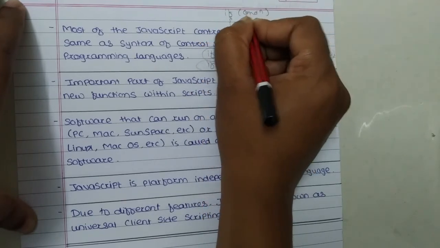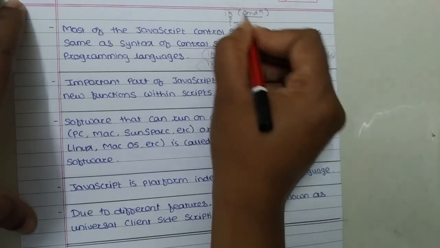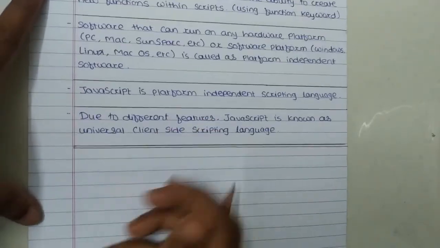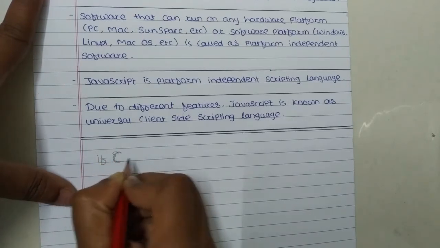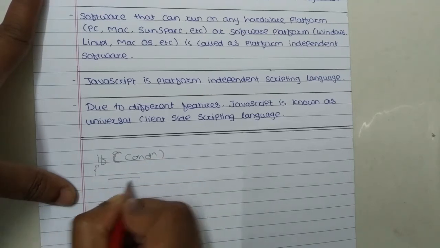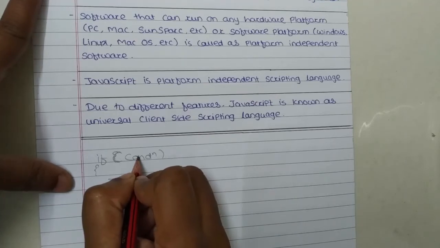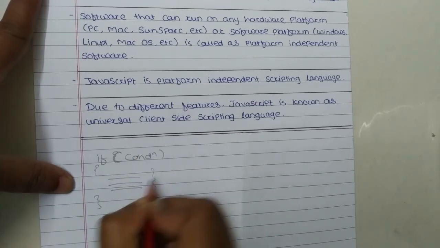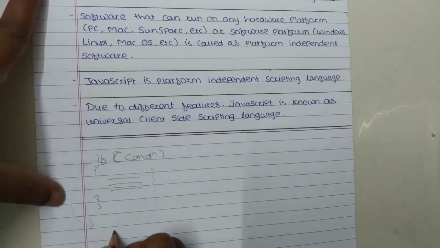That means if this condition is true, then execute the block of these statements. Okay, suppose there is no space here, so I want to write here what is the syntax. If, sorry, this bracket is there, condition is there, then curly bracket open, and then we have to execute a line of code here. That means if this condition is true, we have to execute this one. If this one is false, then your control goes to downside of the if here.